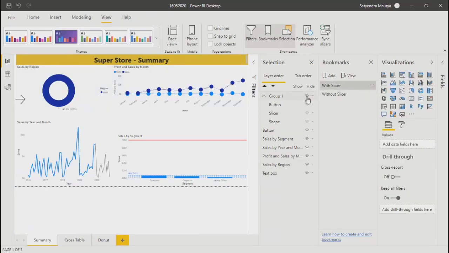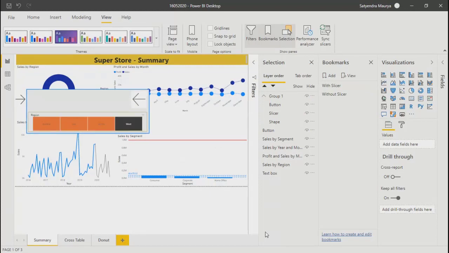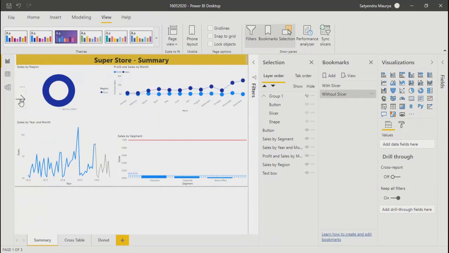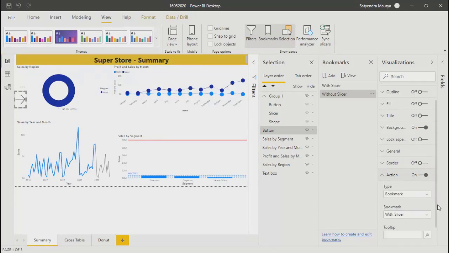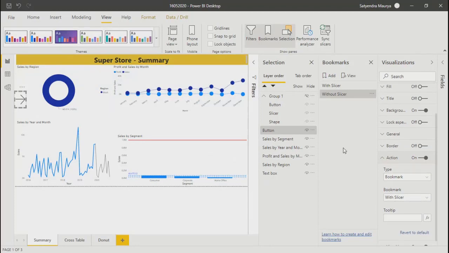Okay. For a minute, I'll just uncheck this. Right. So what will happen without slicers? If you click, okay. So action. See, while doing it, you need to be careful. What I did when I took the bookmark without slicer, I have kind of unchecked it. So if you go here and uncheck it, and see this is not coming right now, so I need to delete it and create it once again.